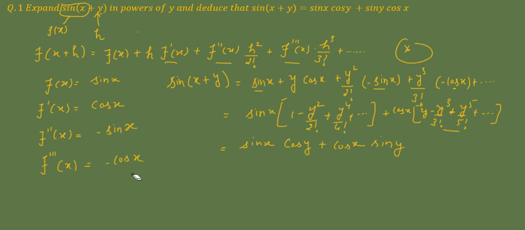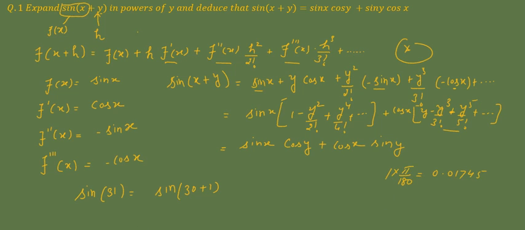So now I want to show you a beautiful application of this question. Suppose you want to find out the value of sine of 31 degrees. So what you can write this as sine of 30 plus 1. But you must know that all these angles must be in radian. So 30 is in radian, so we will convert 1 also in radian. So if you want to convert 1 into radian, then multiply 1 by pi by 180. That much radian, and it will be the value,